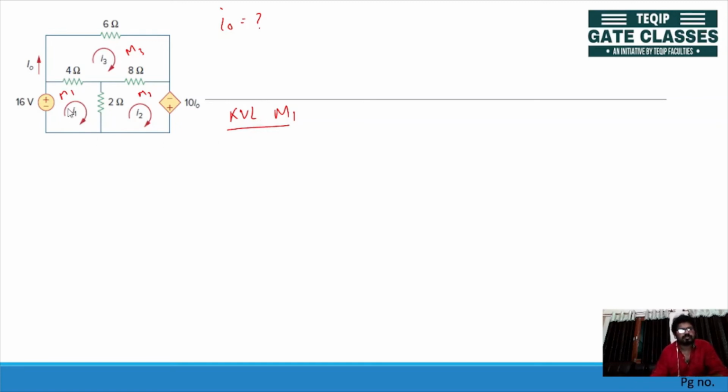Okay, suppose we are applying KVL in this first mesh. So let's start from here. So -16 plus 4 into drop, we are taking positive 4 into current. Current I1 is in this direction and I3 is in this direction, meaning the difference flows, that is I1 minus I3. You can also say I3 minus I1, but we are traveling in this direction which is supporting I1, so we will take I1 minus I3. Okay, then plus 2, current I1 in this direction and I2 in this direction, but we are traveling like this, so we'll take I1 minus I2 is equal to 0.